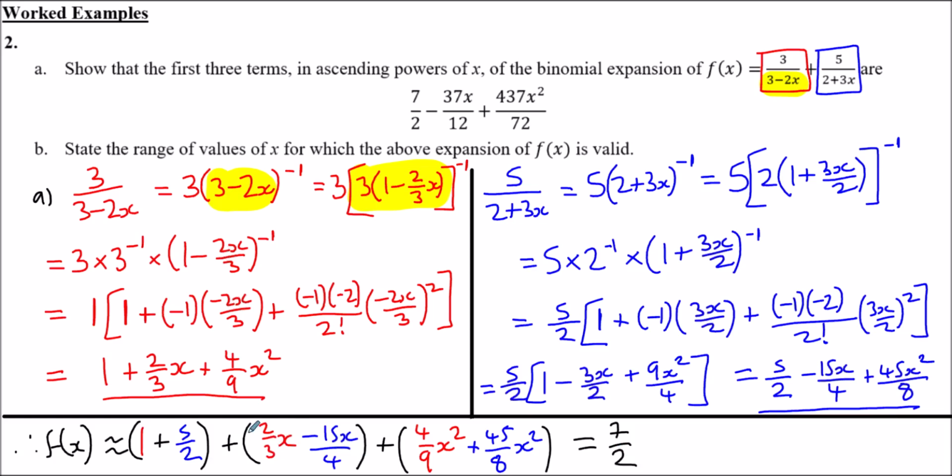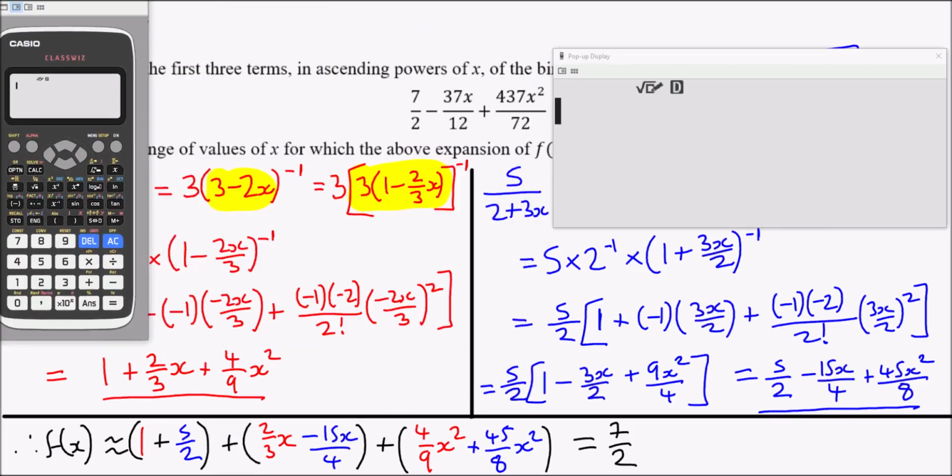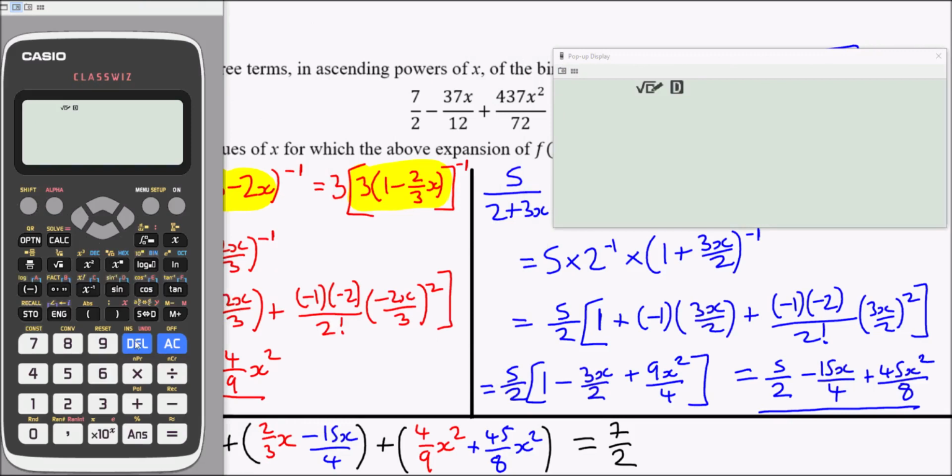So what we do here is just do 2/3 minus 15 over 4, and then we can just see what the result is. So if I get this here and make it a tad bigger, we're going to get 2/3 minus 15 over 4. That indeed does give us minus 37 over 12. So we have minus 37 over 12x,